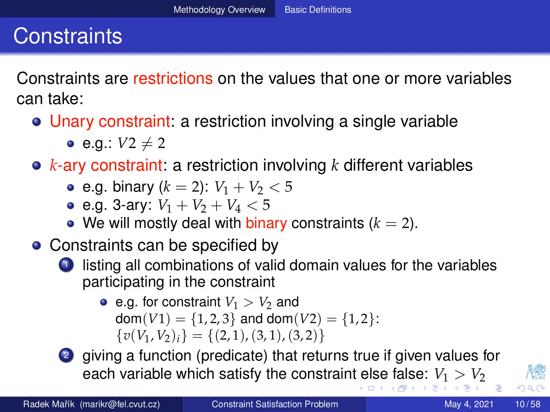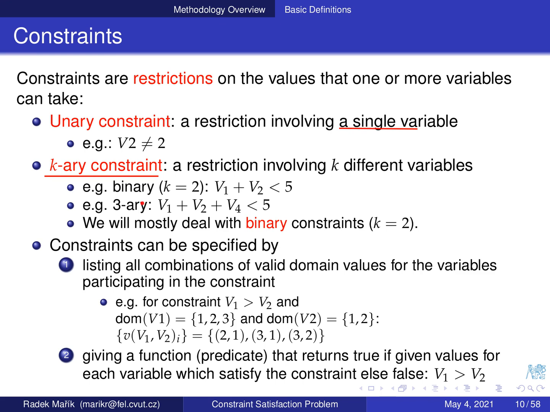Constraints. Constraints are restrictions on the values, and basically we can distinguish so-called unary constraint, that is a restriction involving just a single variable. For example, variable v2 is not equal to a value 2. Generally, if we have a restriction operating on k different variables, then we speak about k-ary constraints, and we have